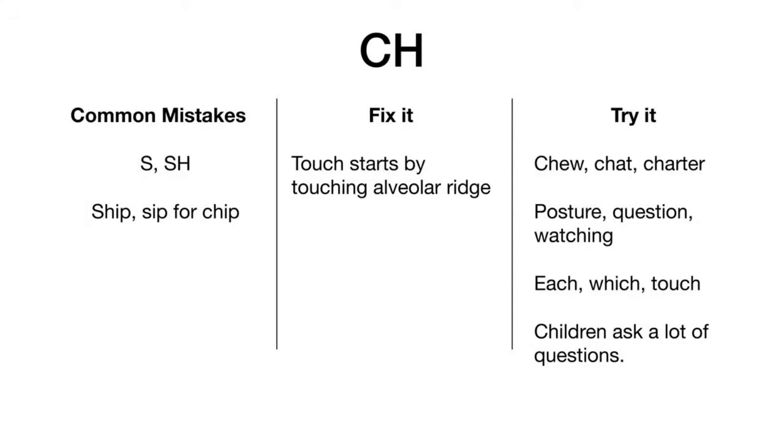So you're going to touch the tip of the tongue to the alveolar ridge, the back of the top front teeth, and then your tongue is going to pull back. Okay. All right. So just listen to some of the words here: chew, chat, charter,